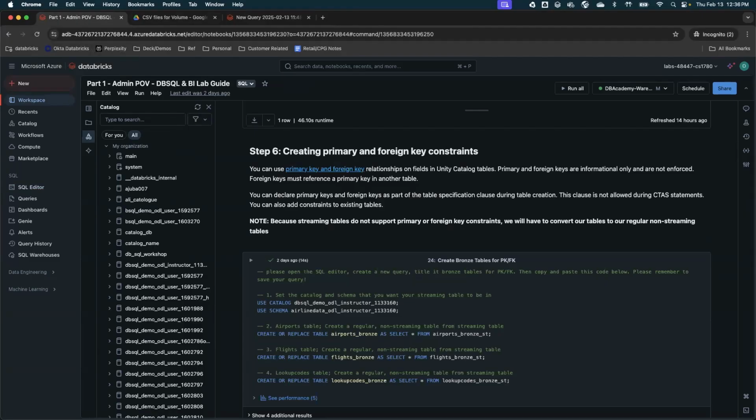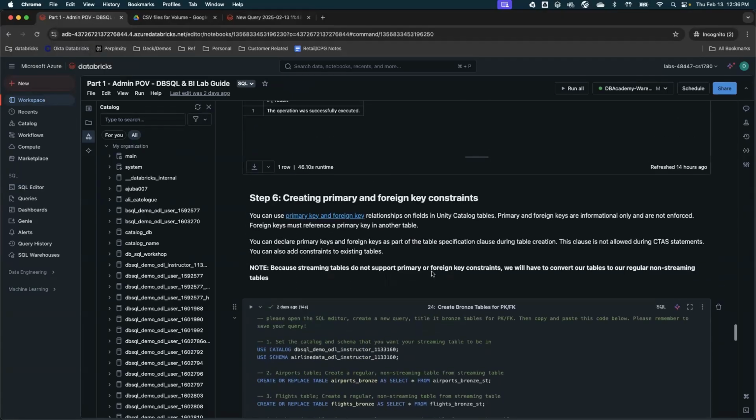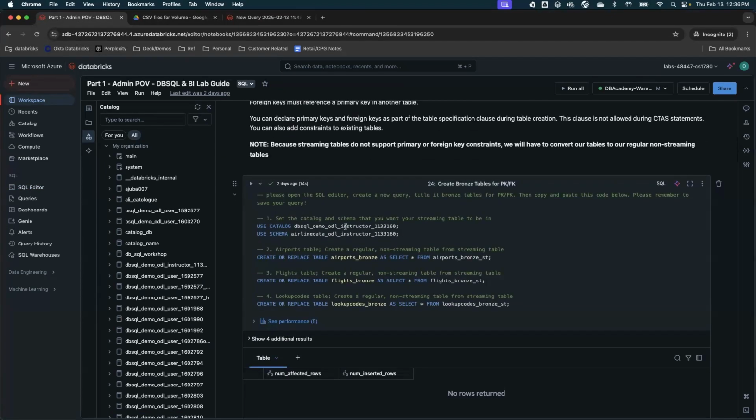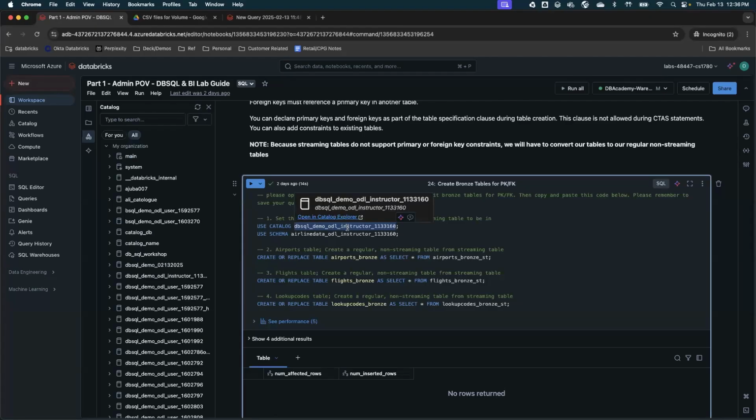The person who is getting a syntax error, it is because you have a bracket. You have to remove the brackets when you add the catalog name and schema name. So remove the brackets for catalog name and schema name and keep just like here on the screen I'm sharing. Just keep simple catalog name and schema name.